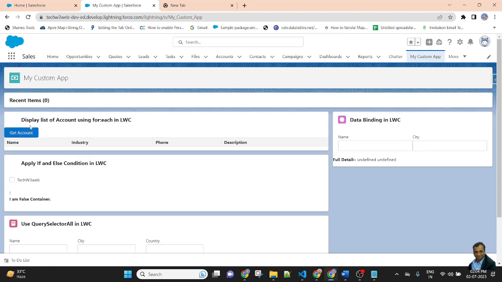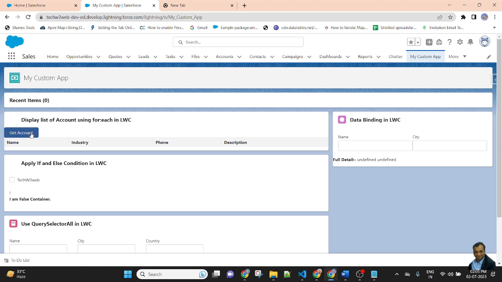So friends, this is Get Account. This is a button. Whenever I click on the button, the account list will be displayed in the table. So it is an imperative Apex class method. Do not use the wire decorator. I am fetching the records imperatively on button click in LWC.